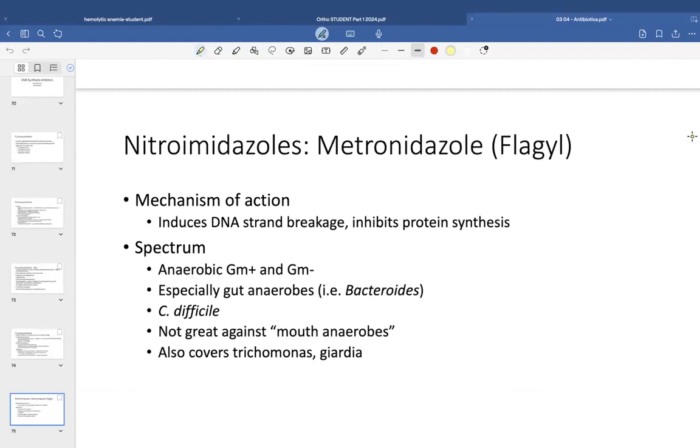We said that clindamycin is good for above the mouth, Flagyl is good for your GI tract, where it covers anaerobic activity. You use this for C. diff. And then we'll cover parasites and